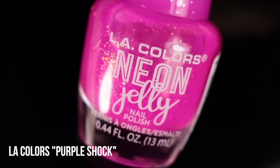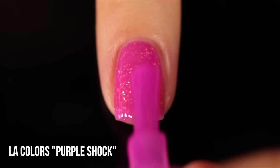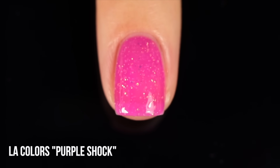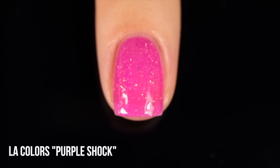And then we've got LA Colors Purple Shock. This is just another really incredible drugstore polish. I know I just recently mentioned that I'm kind of over jellies, but I feel like I'm going to be wearing them a lot in the summer anyway because jellies just feel like summer to me,